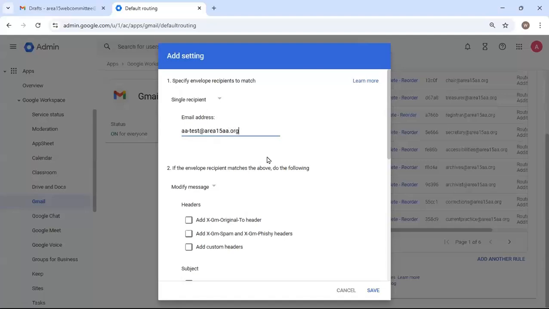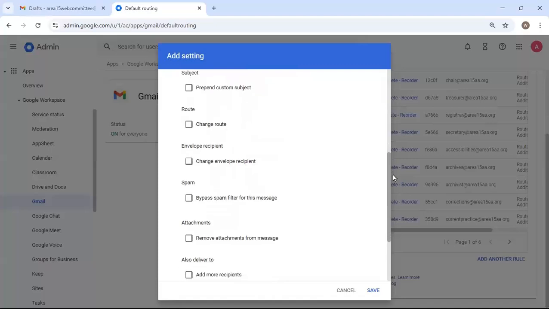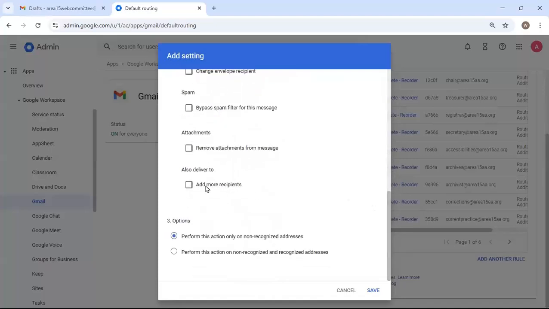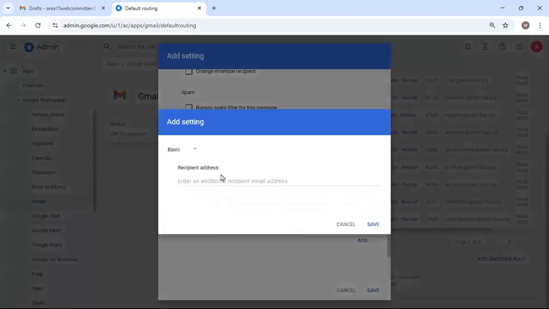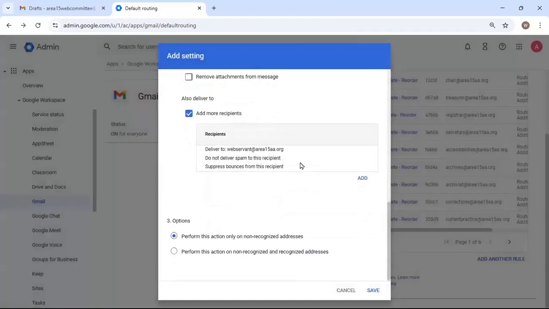And that's the one I just created. Now you go down to also deliver to. Add more recipients. So I need to go down here and add a recipient. So let's just say, since I've already used this one, call it web servant at area 15. I'm not sure it's going to allow this, but I think it will. Area15aa.org. So now anything, well, actually now not anything that's sent to that address will go to the web servant address,